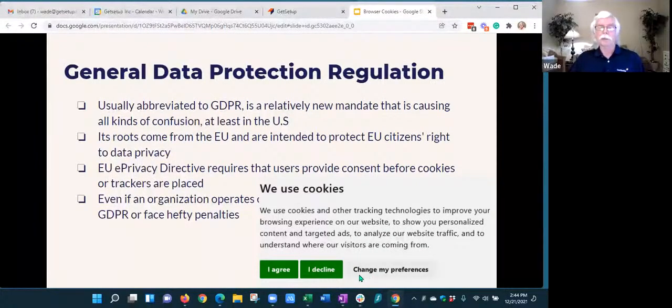Sometimes now, this is even newer. Used to be, it was binary. You agreed or didn't agree, or declined. Now, in some cases, you can change your preferences, and you can say, well, I'll take certain types of cookies, but not